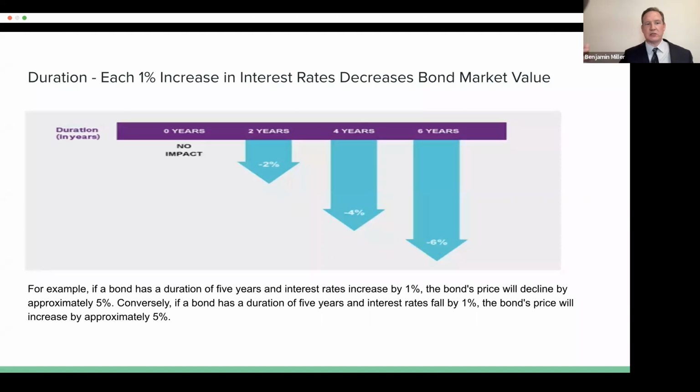And it's vice versa. If the interest rates were to decrease, your bond could go from being worth 100,000 to now it's worth approximately 120,000. But the point is, with bonds, if you get longer term bonds, you're much more susceptible to interest rate swings. And that's something